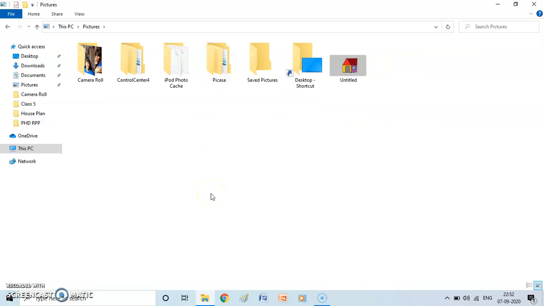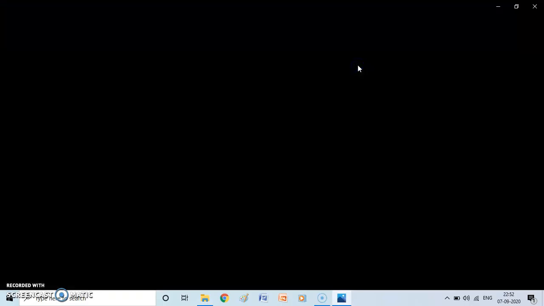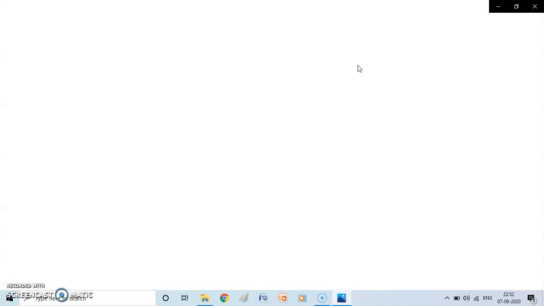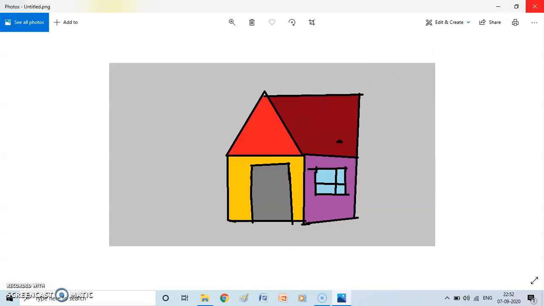Now, as the name itself says, picture folders display graphics and picture files stored in the computer. When we save a file in graphics programs such as Paint, it is automatically saved in the Pictures library. It contains a folder named Sample Pictures, which contains sample photos. So this is the picture. For example, my daughter has made this sample file, this MS Paint file. So it is saved over here.